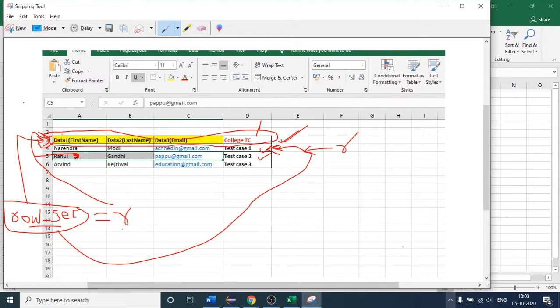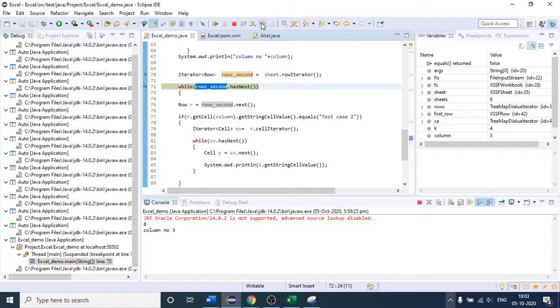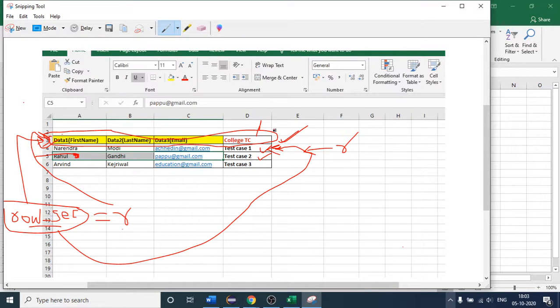You can see which is this one. So after that the condition will become true, so we will again execute this while and come inside. After that I'm saying dot next. So this next method will again move this iterator to this one. Now our iterator is pointing to this row.